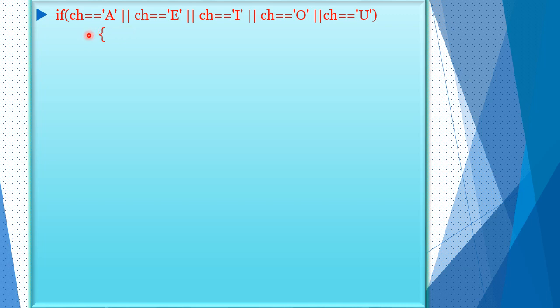We check whether the extracted alphabet is a vowel or not, because the vowel is the start of the new word. So the conditions given here are: if ch equals a, or ch equals e, or ch equals i, or ch equals o, or ch equals u, then